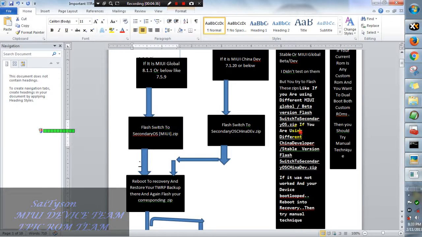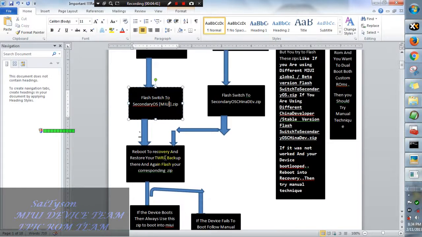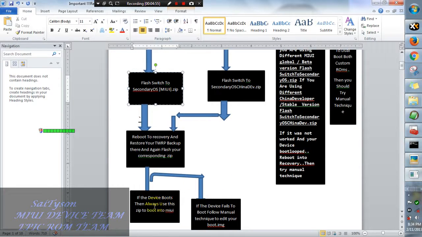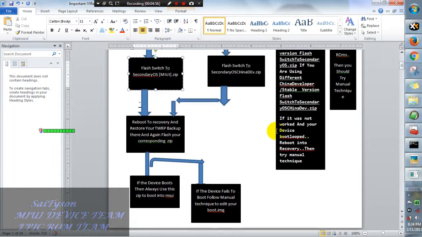If it succeeds, the zip will surely flash. You can also restore your TWRP backup there. Once the TWRP backup is restored, you have to flash the same zip again in order to boot into that secondary OS. If the device boots after flashing, then you can use that zip. If the device does not boot,